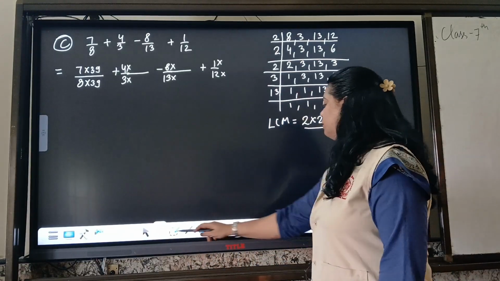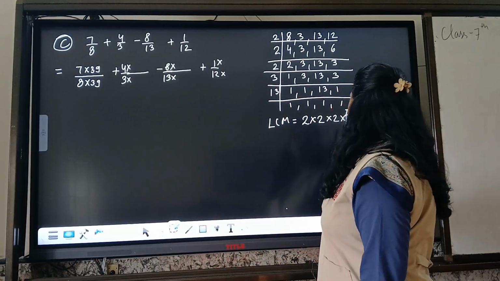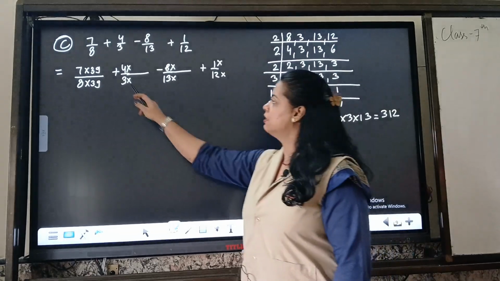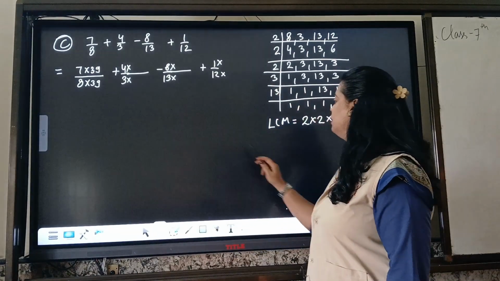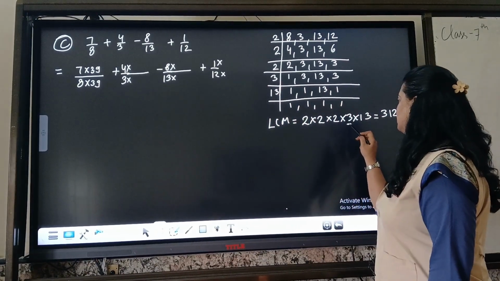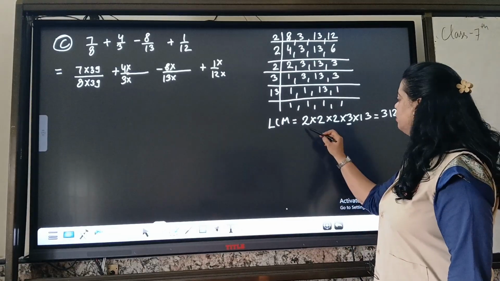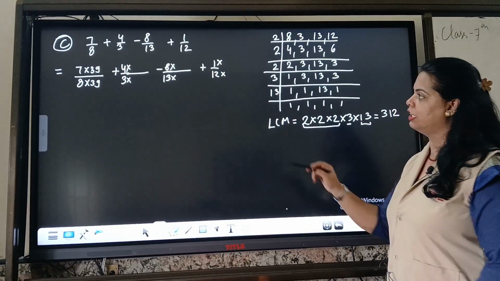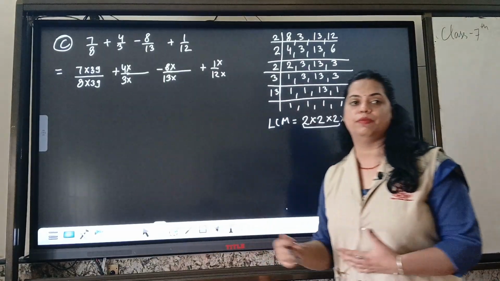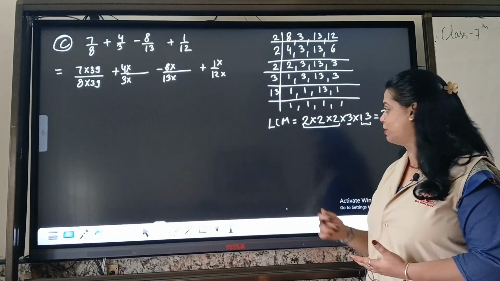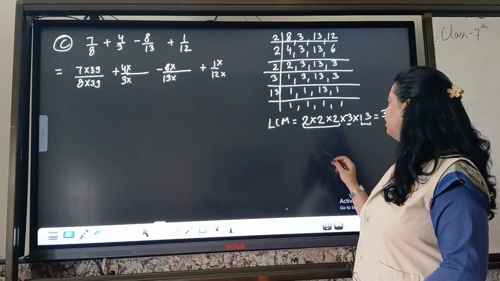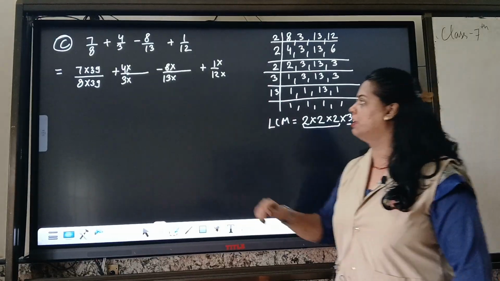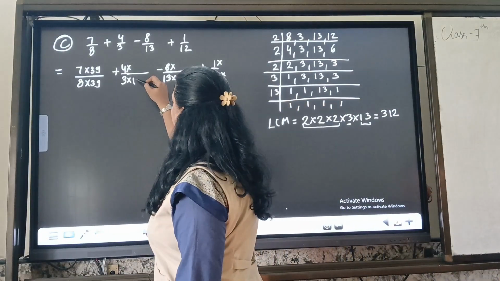Now we have to check the other values. Next is 3. So do we have 3 in these factors? Yes, we have the 3 over there. So 2 2s are 4, 4 2s are 8 and 13 is not in the denominator. So these 4 numbers will multiply and give you 312. So 8 into 13 will give you 13 8s are 104.